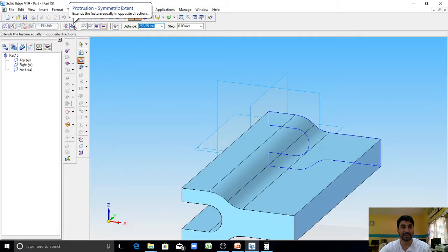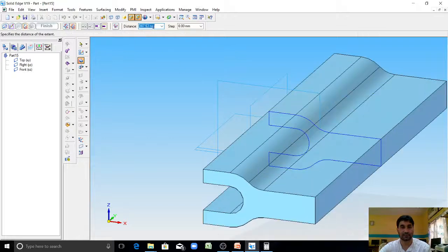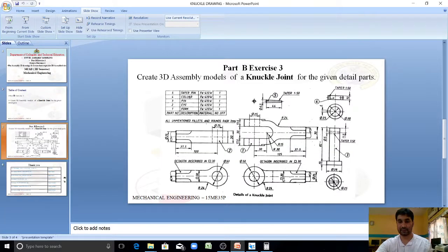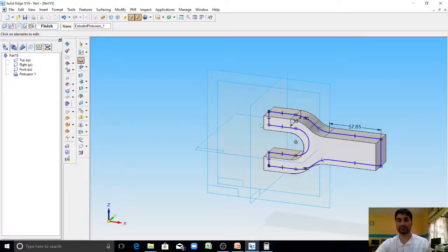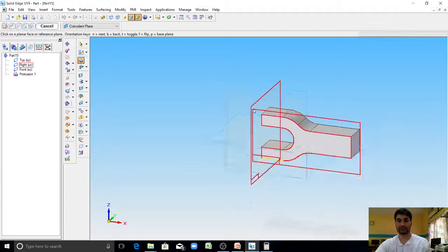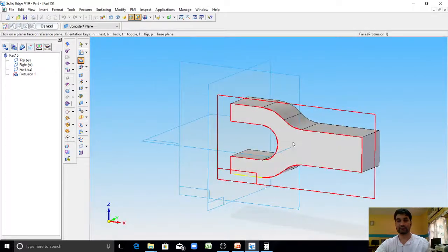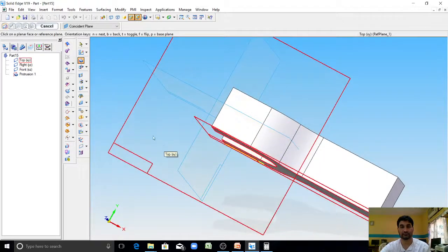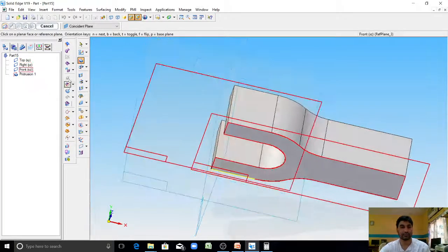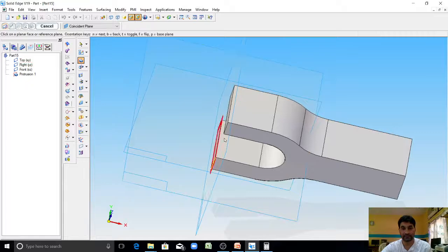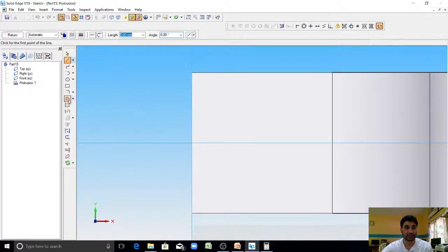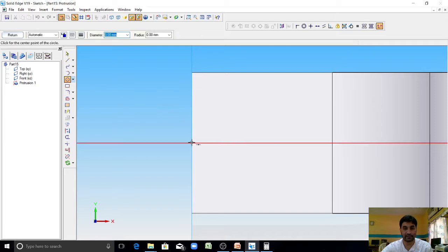Give symmetric extent. Give the distance as 30 mm, which is mentioned in the top view. You can see here 30 mm. Click on finish. Now click on the protrusion command, select this surface.